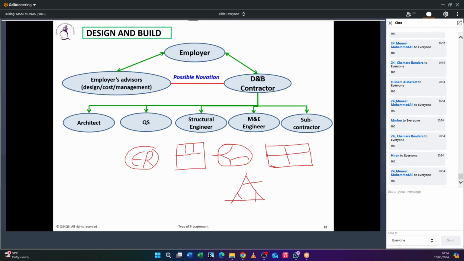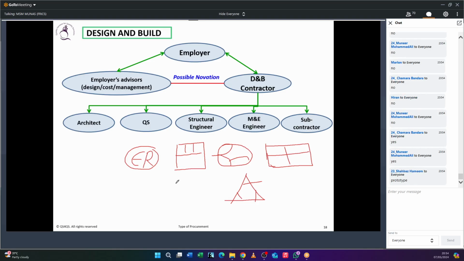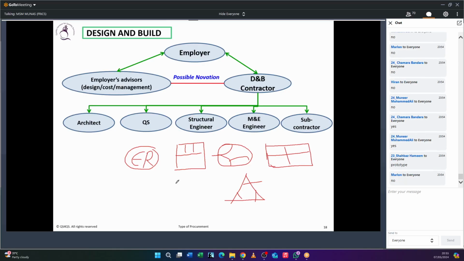What about preparing the design? Normally, be careful when it comes to the design and build contract. The contractor will come with the models. You know the models, samples, buildings. Have you seen the models before? Nowadays, it's very famous with the developers. They will have the models, they can show you. Do you think developing a model is a very easy task? No, it is not an easy task. It costs lots of money to the contractor also. So if any contractor loses the project, it's not a small loss for them. It's a considerable amount they will lose.